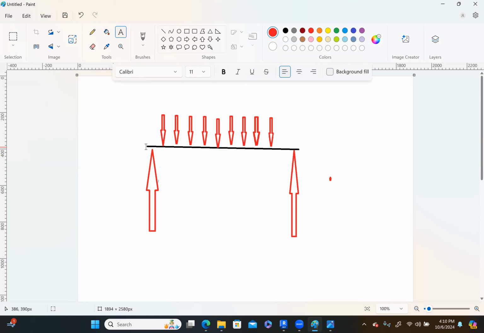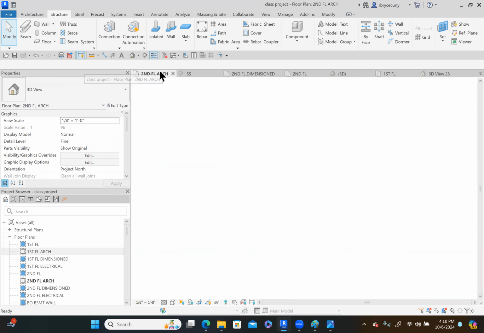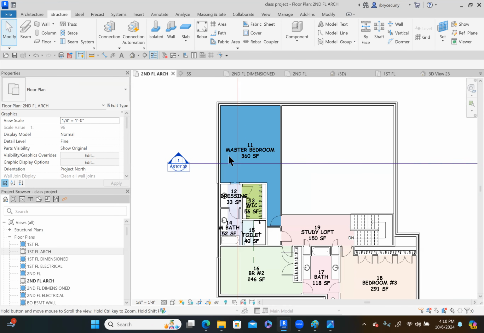And then that beam spans across and it takes all of these loads and distributes them over to the supports. So what we want to do is put in a beam or a floor joist in our house that spans across from one side to the other. For example,